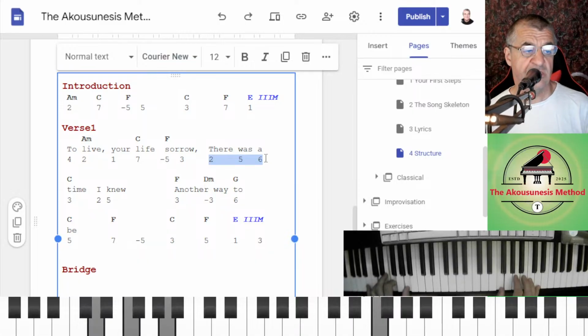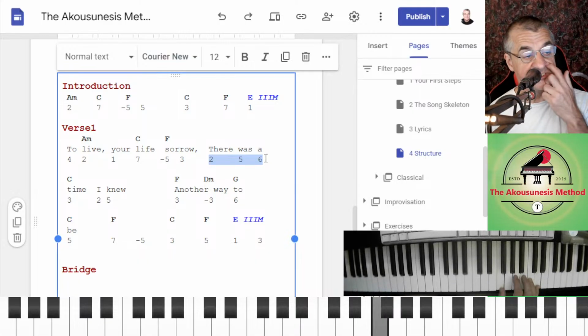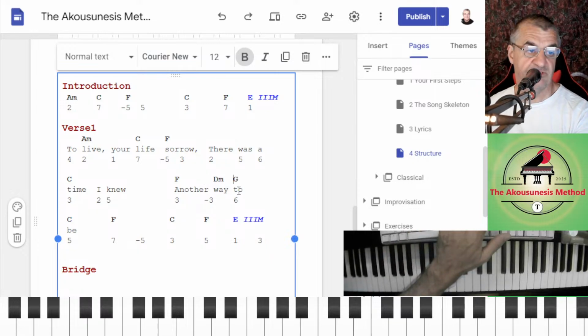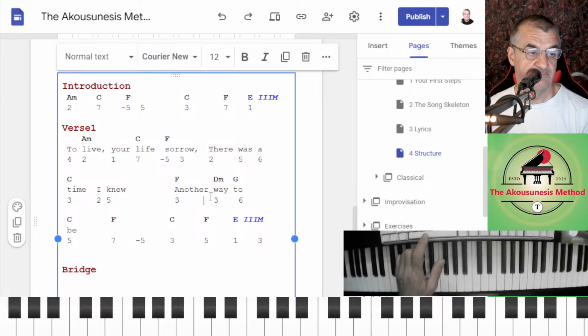Another way. All right, now we've got to choose the right melody notes that are going to work with another way.